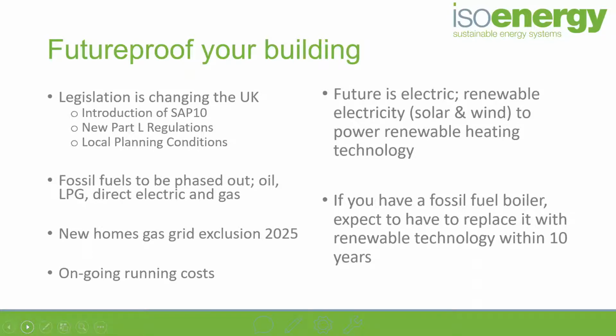So hopefully there's more of that in the UK, and they become more of a well-known option with regards to heating and hot water, because I still think that many people, if you talk to them and stop them in the street, wouldn't know what a heat pump is or how it works. So the future is electric. You can see that with what the government mandates are with regards to vehicles as well